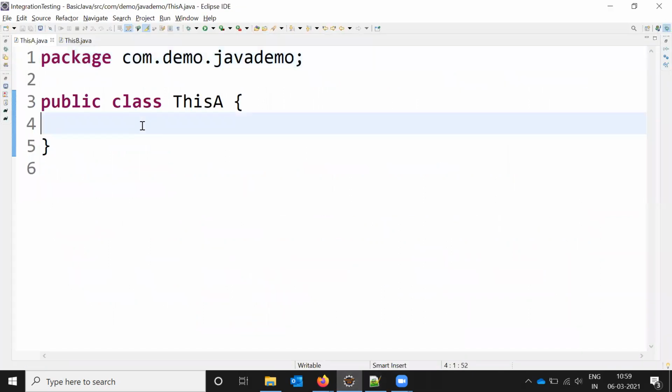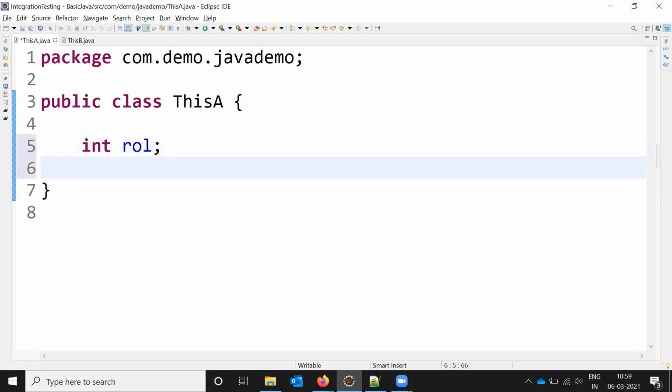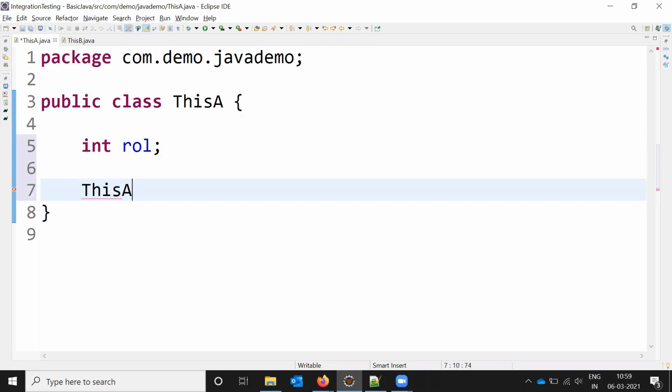Now I'm going to create an int roll, and I'm going to create a constructor, passing an int roll.